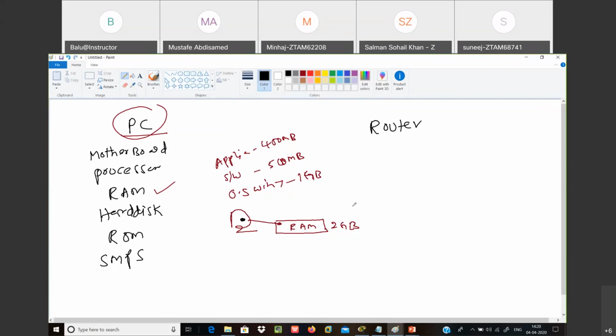RAM. What's the size of RAM? Here, 2 GB. Once your operating system is loaded, 1 GB is finished. The remaining 1 GB is there. Once software has been loaded, 500 MB is finished. Once applications have been loaded, 400 MB is finished. Now the remaining space in my RAM is